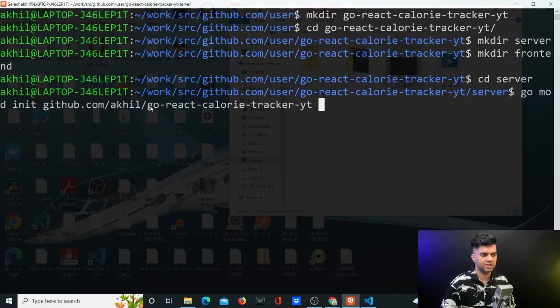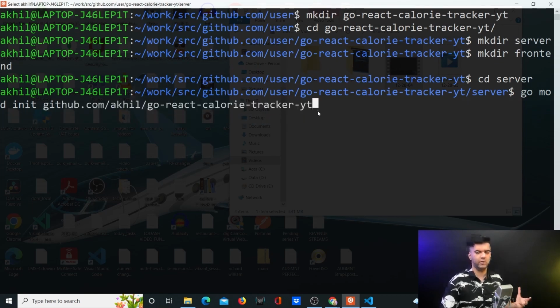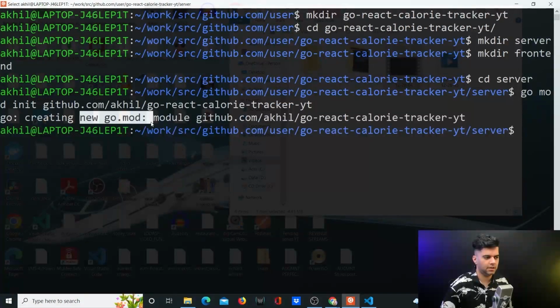Even though this project is not going to be structured as a package, it will be something that you will probably clone and then run as your own. But if I was creating a package, then this would be the right way to follow, and that's why it's the best practice. Anyhow, we'll initialize this, and when you initialize this, it creates a new go.mod file,